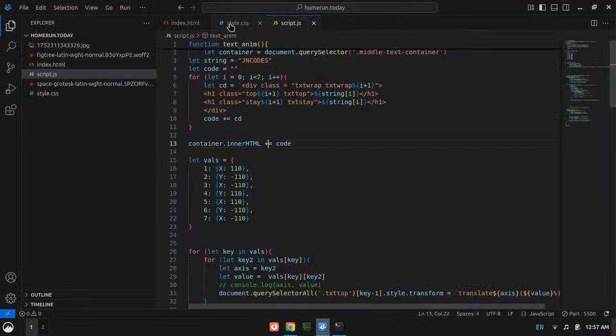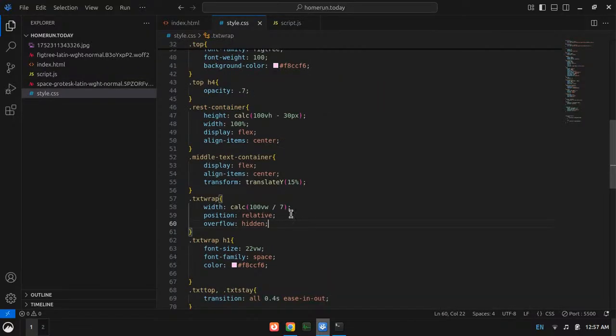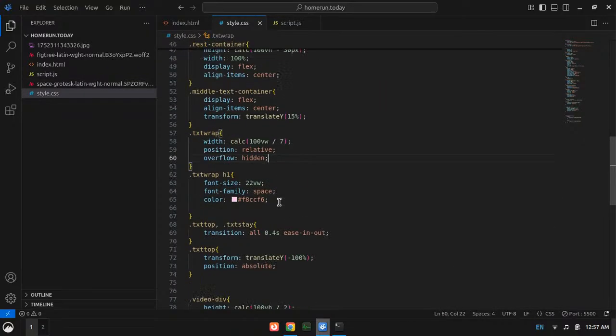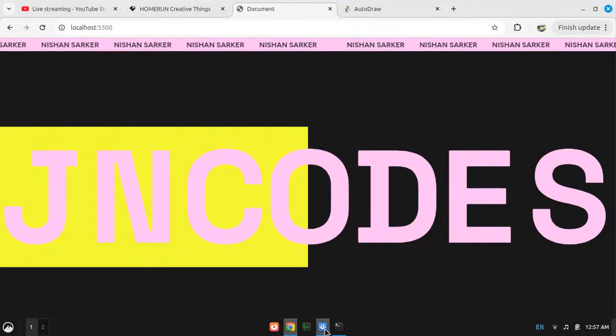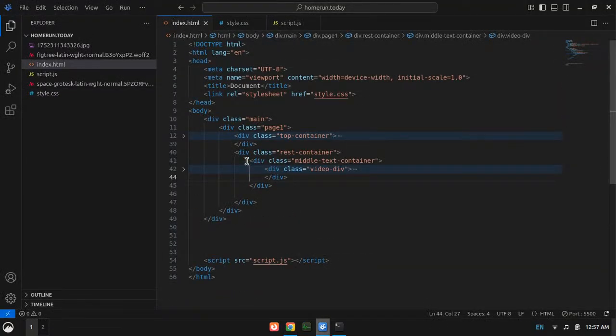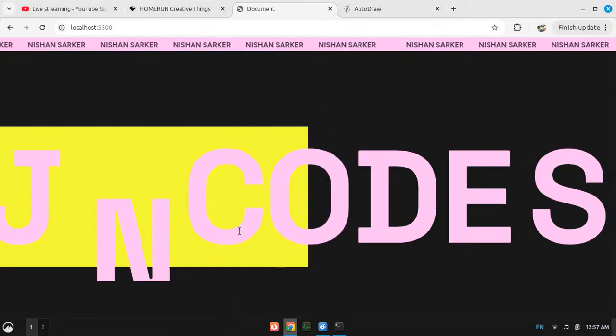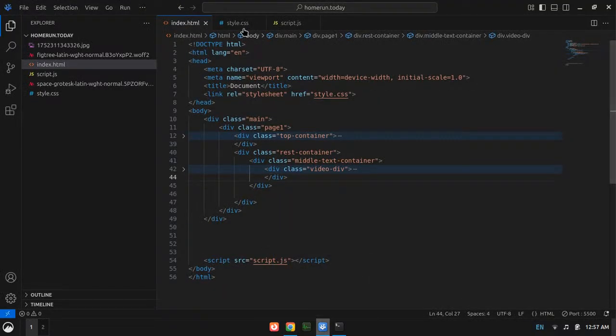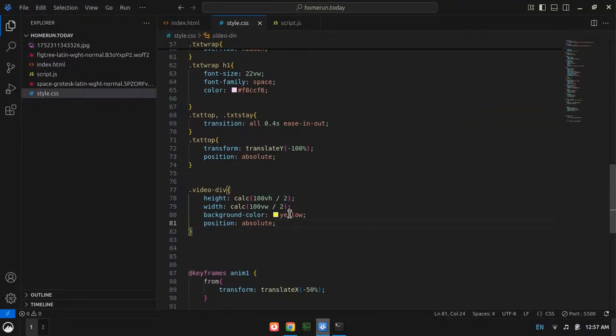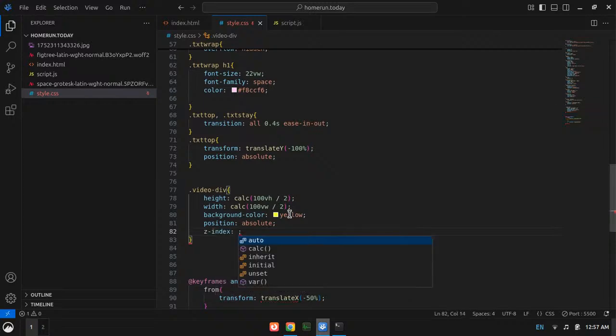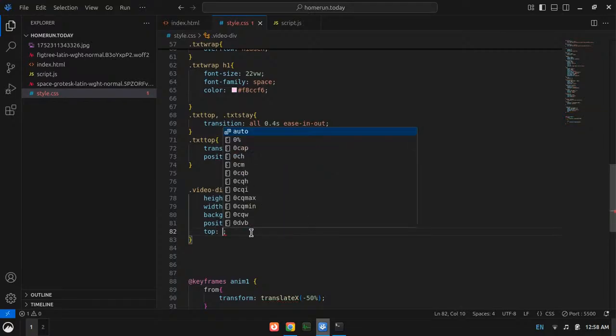Now the text wrapper has, okay, everything's fine, I guess. Now what if I set its z-index to 1? It should come on top of them. Now what if I add top 25%?